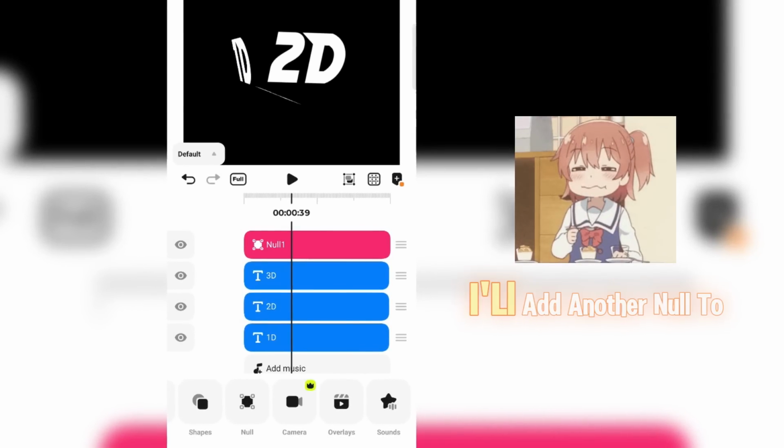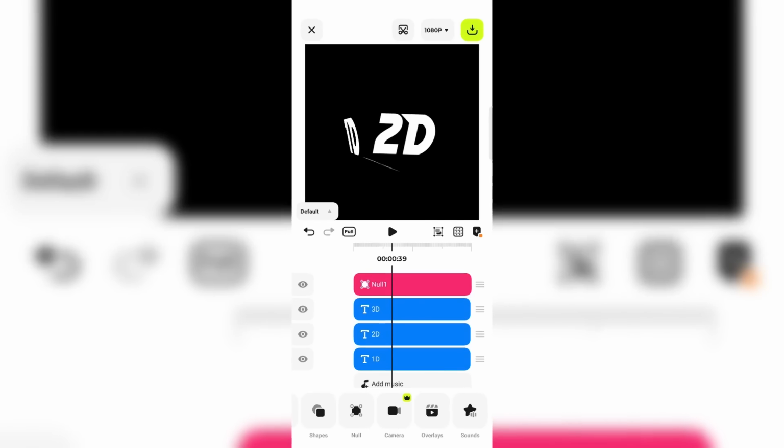For the next movement, I'll add another null to make it smooth.